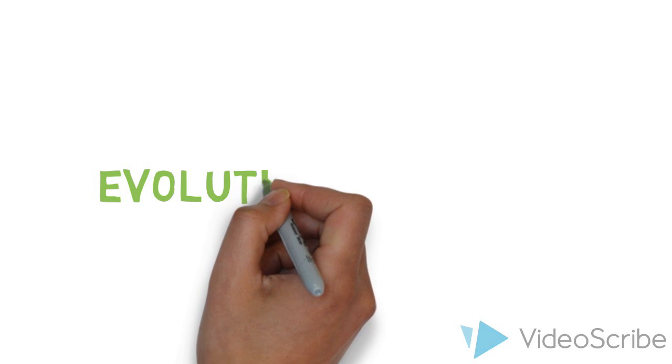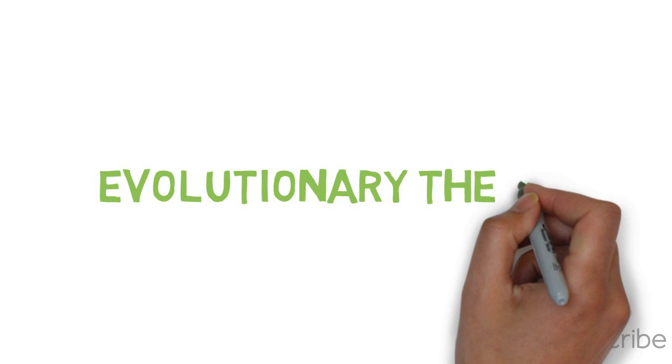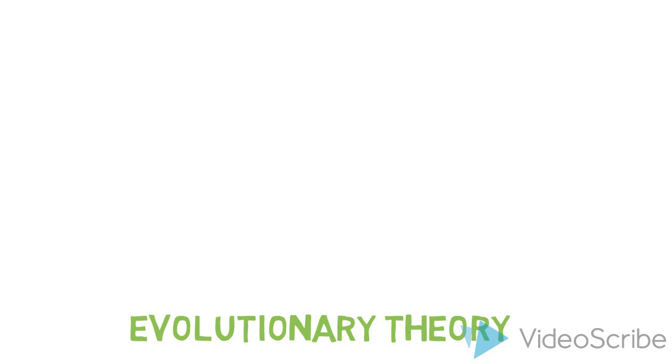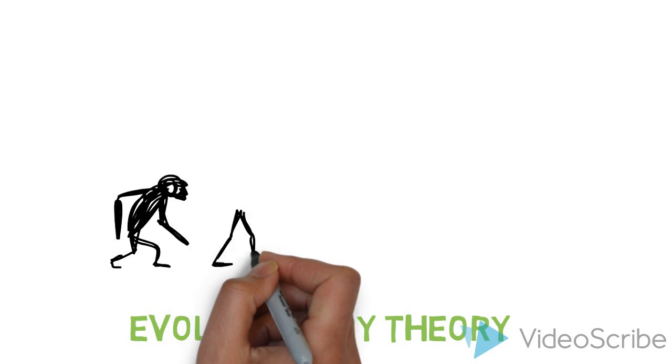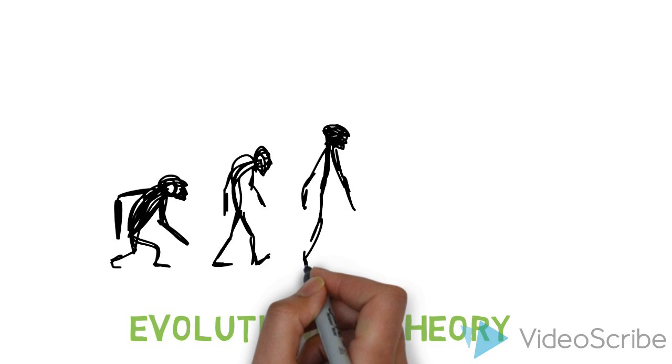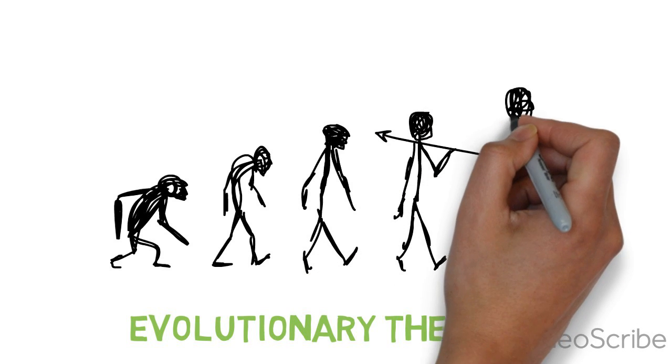Human behavior is explained by one of the theories, the evolutionary theory. Scientists have attempted to explain altruism, which is defined as the act of promoting someone else's welfare even at the risk or cost to ourselves. This theory was created by Charles Darwin in 1821. At first glance, altruism and the evolutionary theory may seem